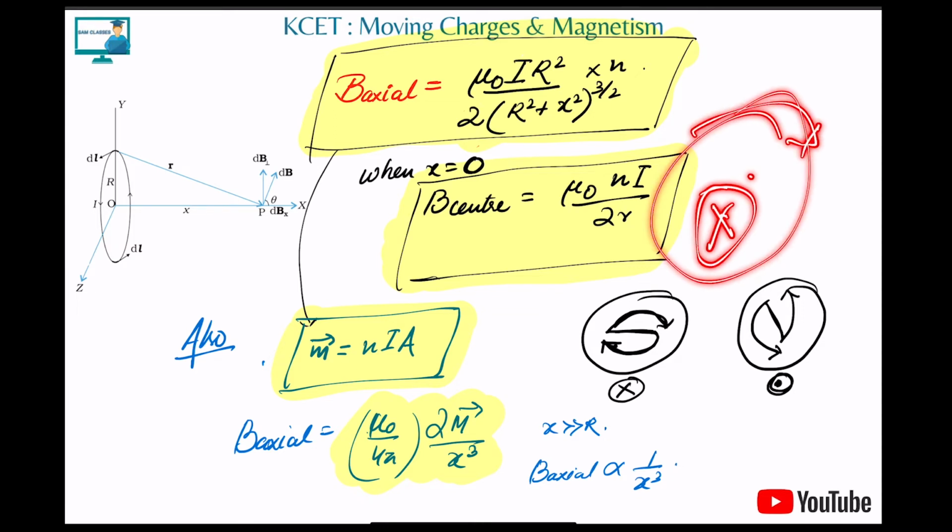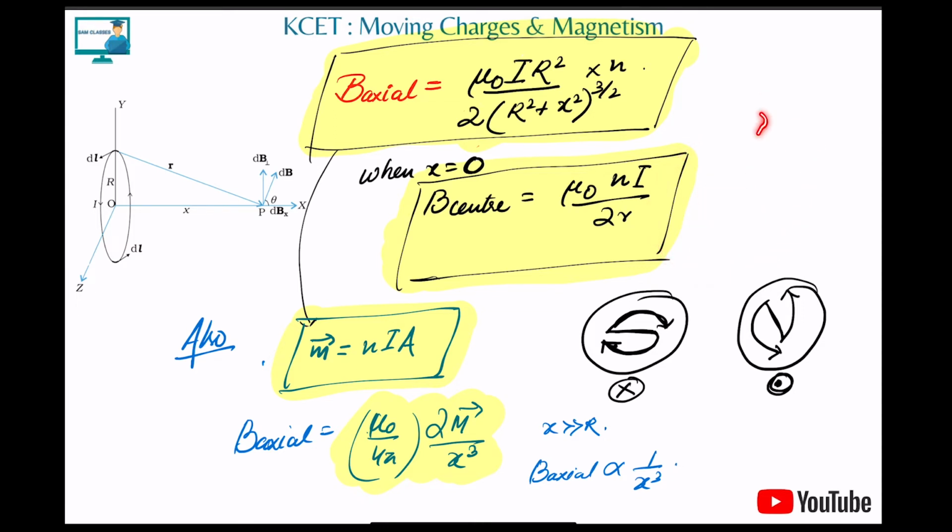Now next, see, if the magnetic field is going inside, then what will it create? If the magnetic field is going inside, the current will be like this, in the clockwise direction. So it creates a south pole. And if it is coming out, it creates a north pole, which means anti-clockwise. Clear? Done.